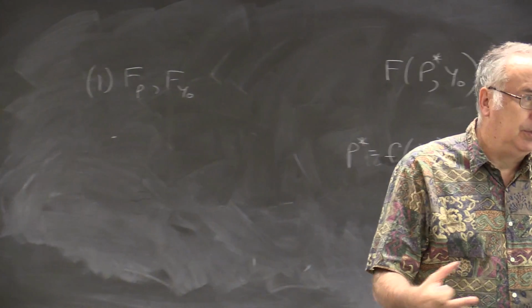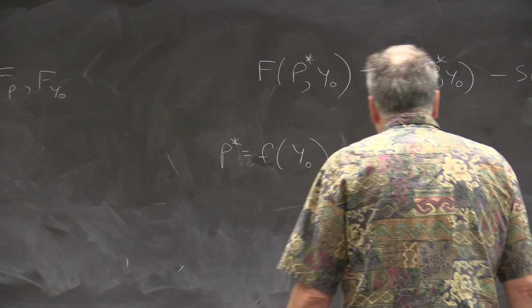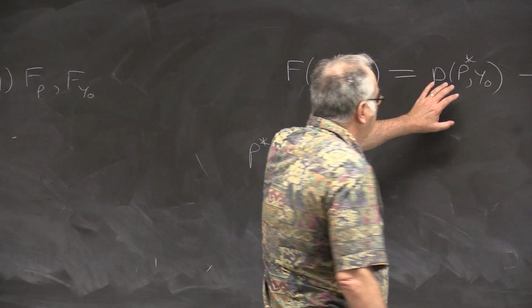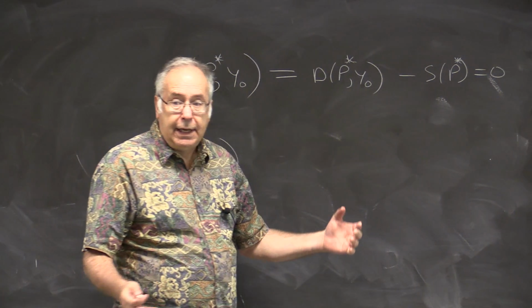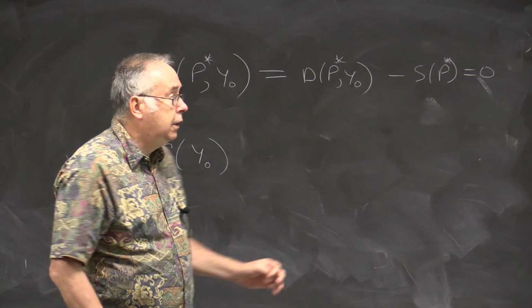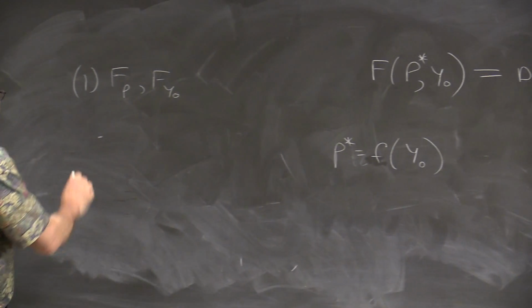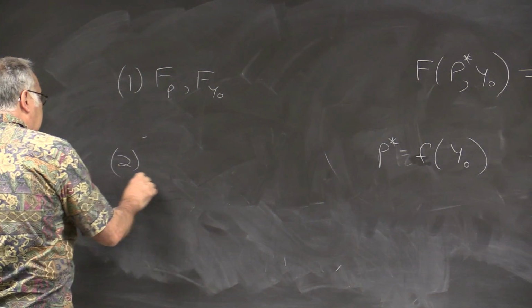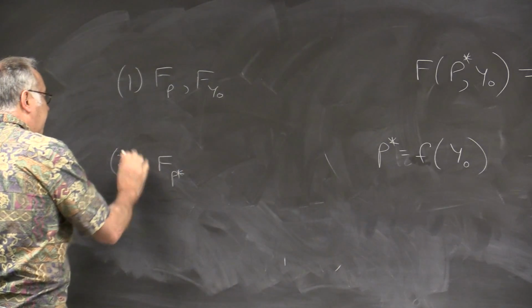That's a pretty innocent assumption. Furthermore, let's assume that there exists a price and an income value that satisfies that equation. Then all we need is the second assumption: f sub P star does not equal